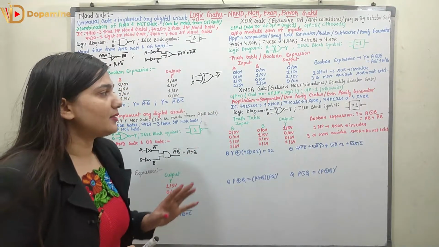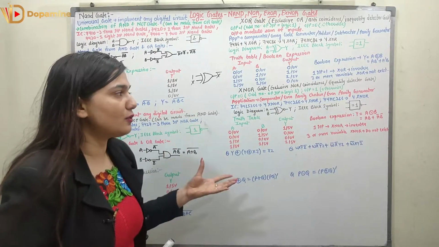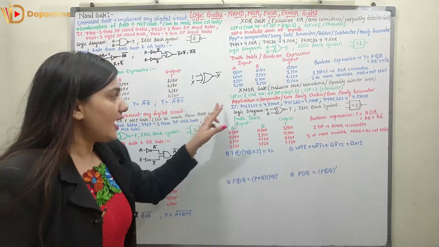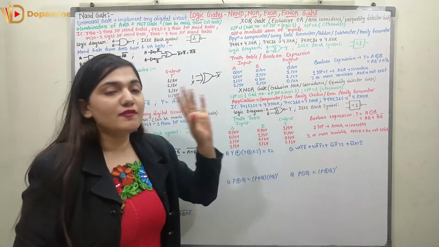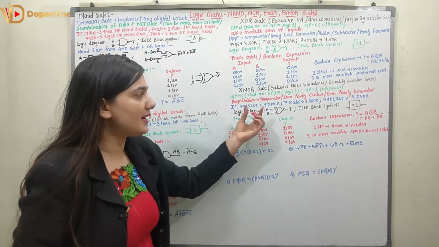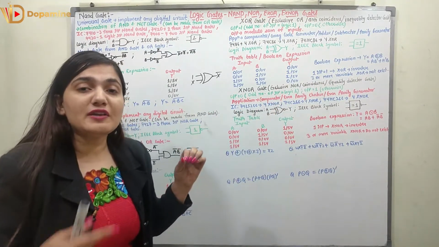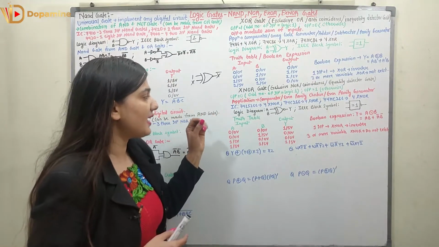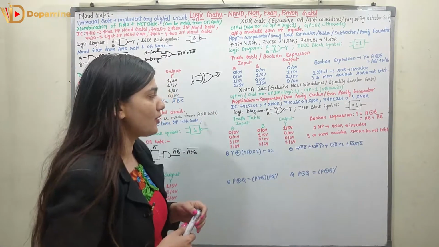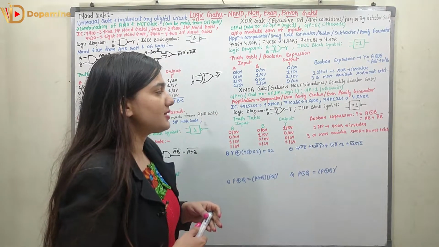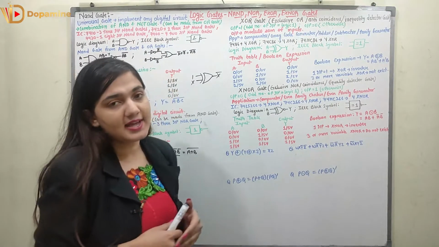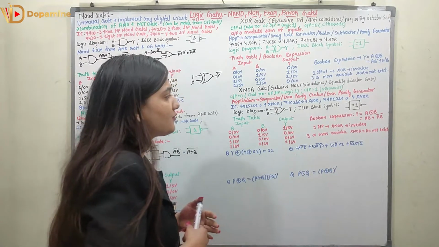Coming to the XNOR gate, which is the exclusive NOR gate. It is also called the coincidence detector gate or the equality detector gate. The output is 0 when I have an odd number of inputs at logic 1 and it is 1 otherwise. Applications involve comparator, even parity checker, and also even parity generator. Which are the different ICs? We have 74LS266 which has 4 XNOR gates, 74C266 which is a CMOS IC which has 4 XNOR gates, and 74HC266 which is a high speed CMOS IC which again has 4 XNOR gates.